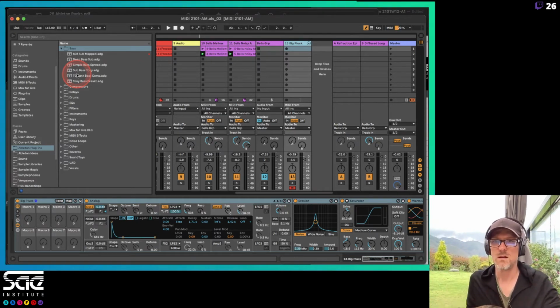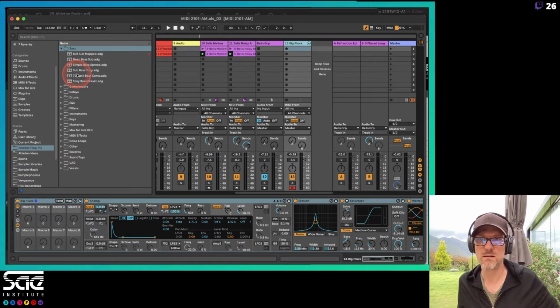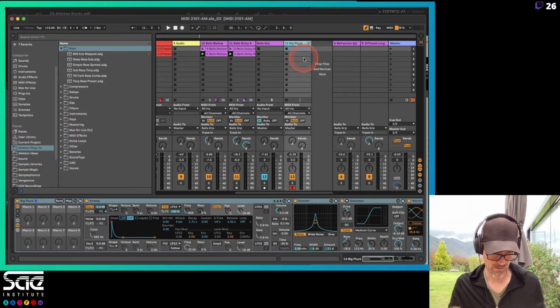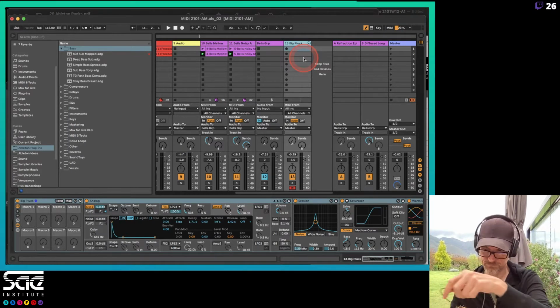But here, let's see here. Simple bass spread. So if I wanted to, I could pull up my